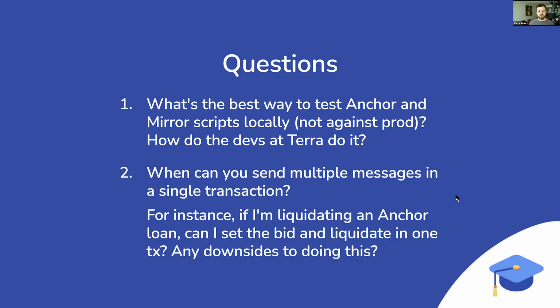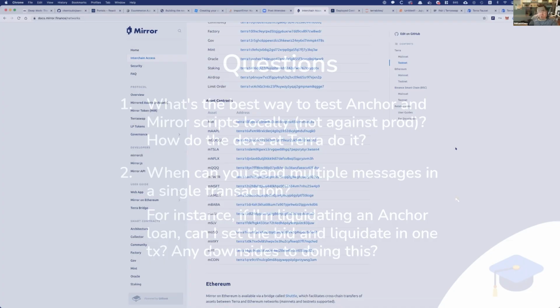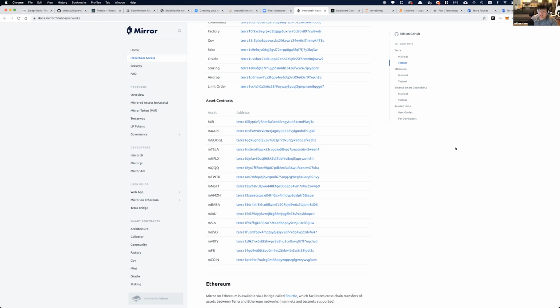The question is, when can you have multiple messages in a transaction? And the answer is you can almost always have multiple messages in a transaction. That's because Cosmos SDK,